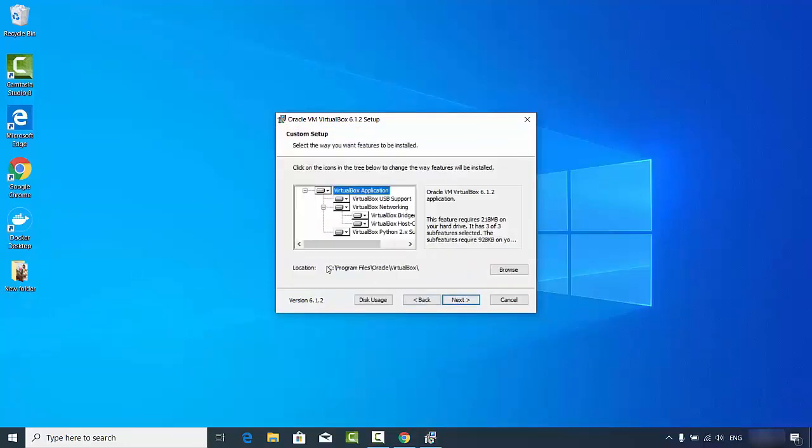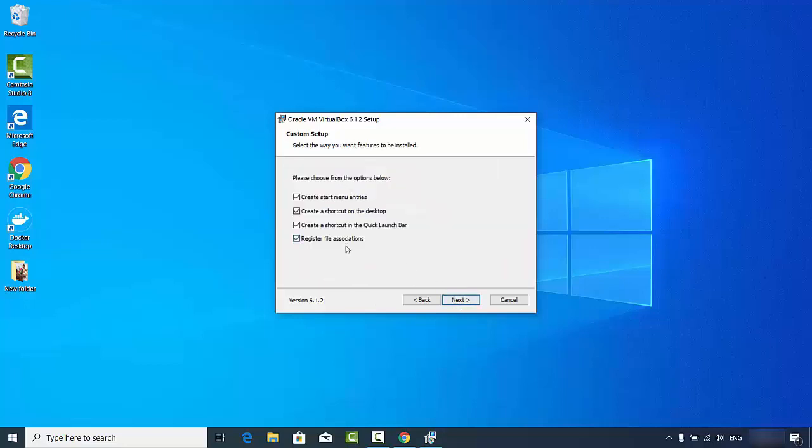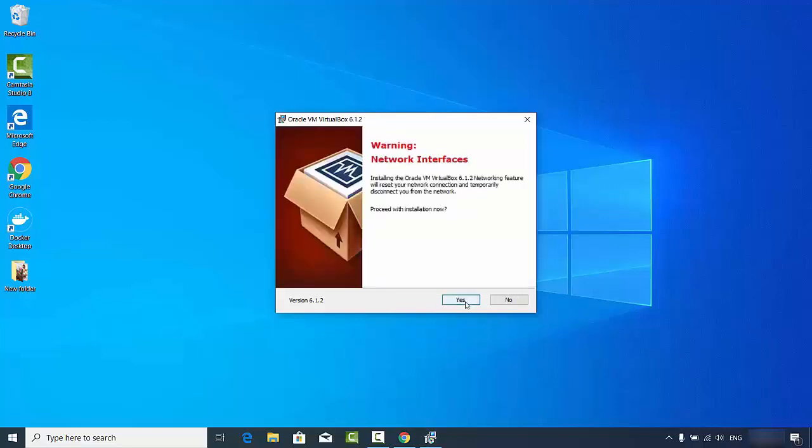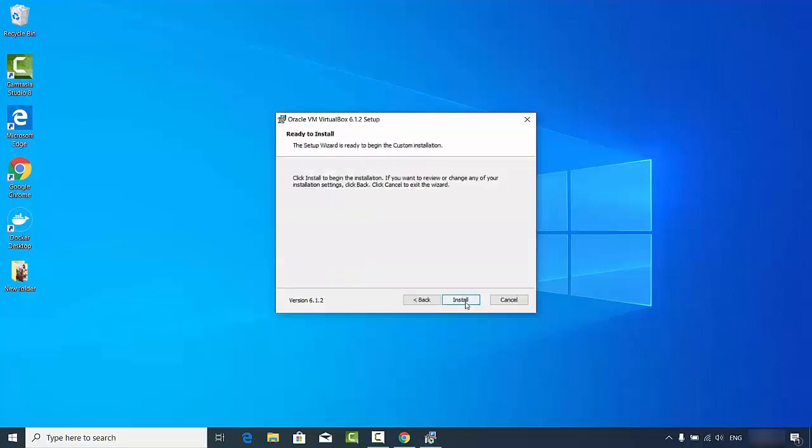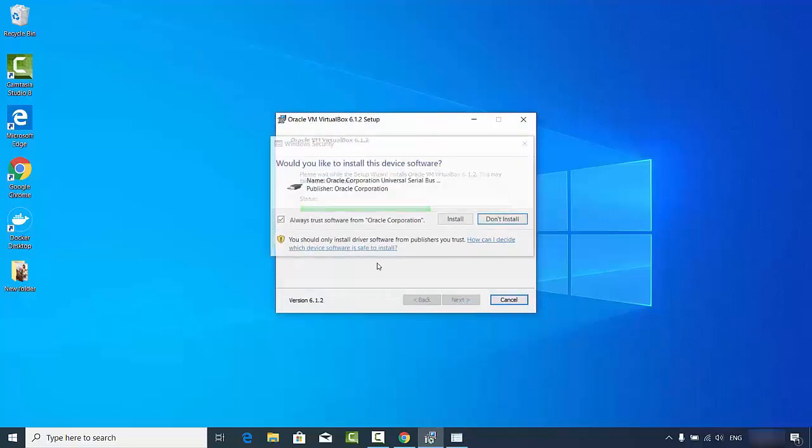and this is the location where your VirtualBox will be installed. If you don't have a good reason to change this path, just go ahead and click next, and just leave everything as default. Click next and then click yes, and then click install, which is going to start the process of installing VirtualBox on your Windows operating system. In between, you will see these kinds of messages which will ask you to install some device related software. So I'm going to just click on install,